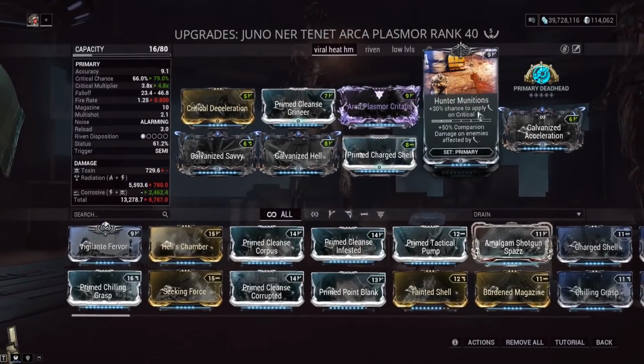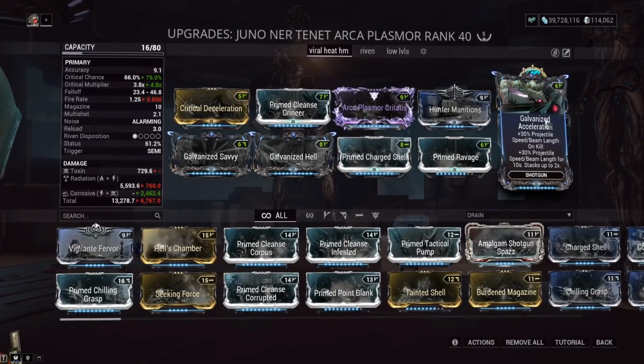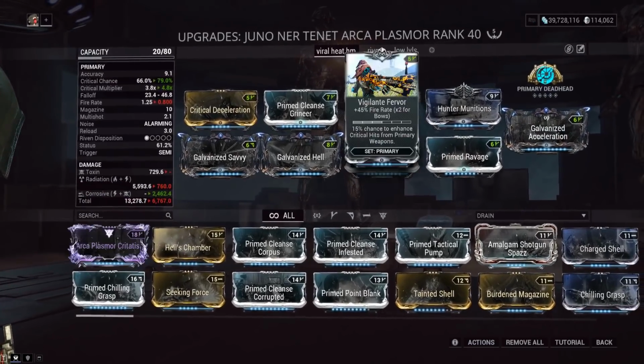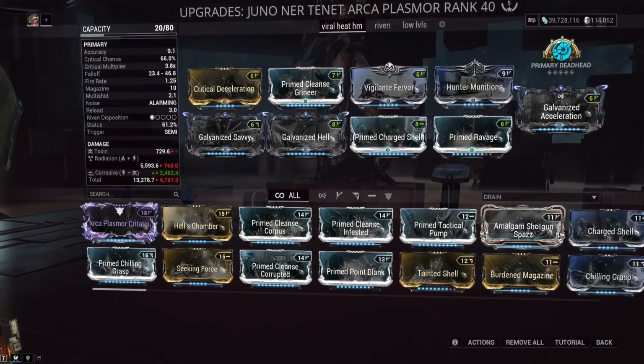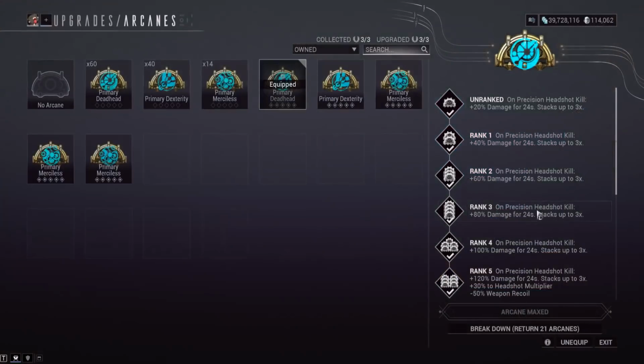And then a stable mod for the Arca Plasmor Tenet version, Galvanized Acceleration. On kill, increased projectile travel time and all that. This lets you get bank shots like crazy with the Arca Plasmor because it actually has bouncing shots, which can do some hilarious stuff. Killing enemies around corners, killing enemies you didn't even know were there. Things of that nature. And Primary Deadhead, like I said, gives you a headshot multiplier,